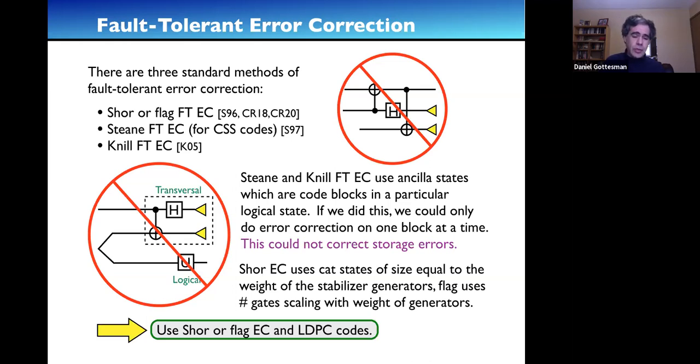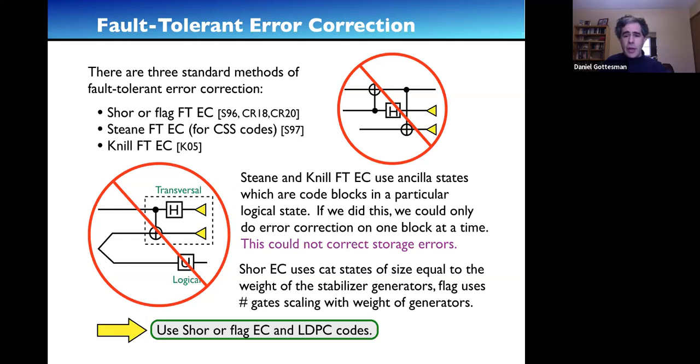And so then comes the third family of fault-tolerant procedures, which is the Shor fault-tolerant error correction. So Shor is actually the first error correction procedure known, in Shor's original paper on fault tolerance. And then what you're going to hear about next week, flag fault tolerance, is basically a refinement of Shor error correction, which uses fewer qubits and has ways of checking errors. Anyway, so Shor error correction uses entangled states. So in the case of flag qubits, just single